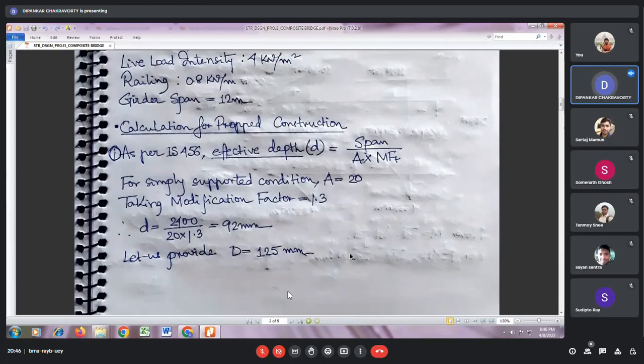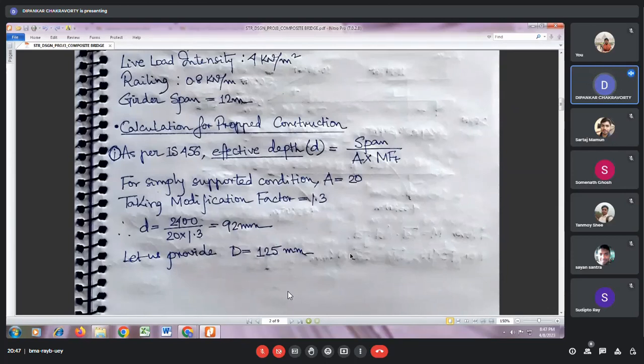The girders are propped. The shuttering is done. The shutterings are propped, and the green concrete is poured on it. Now, when the green concrete hardens and starts achieving the strength, then the props are removed, and therefore every load, the self weight of girder, the deck, the live load, etc., all of the loads are resisted